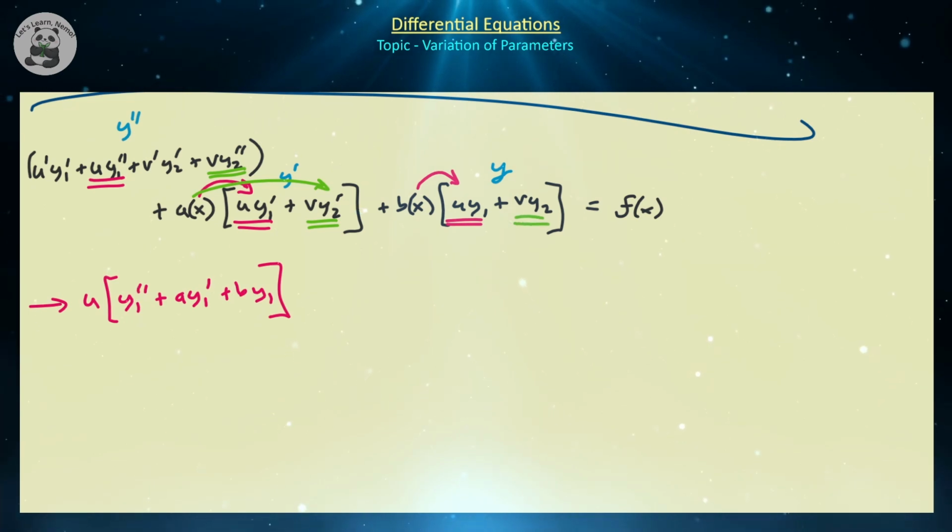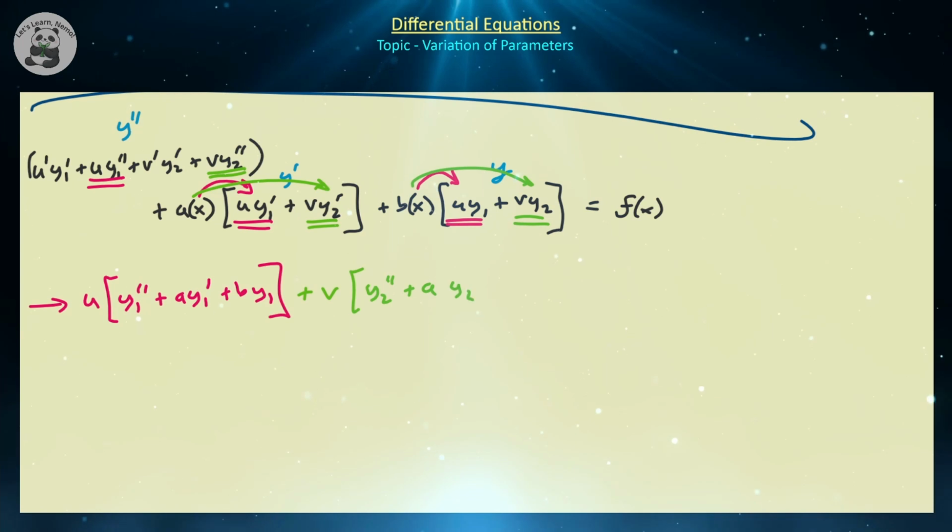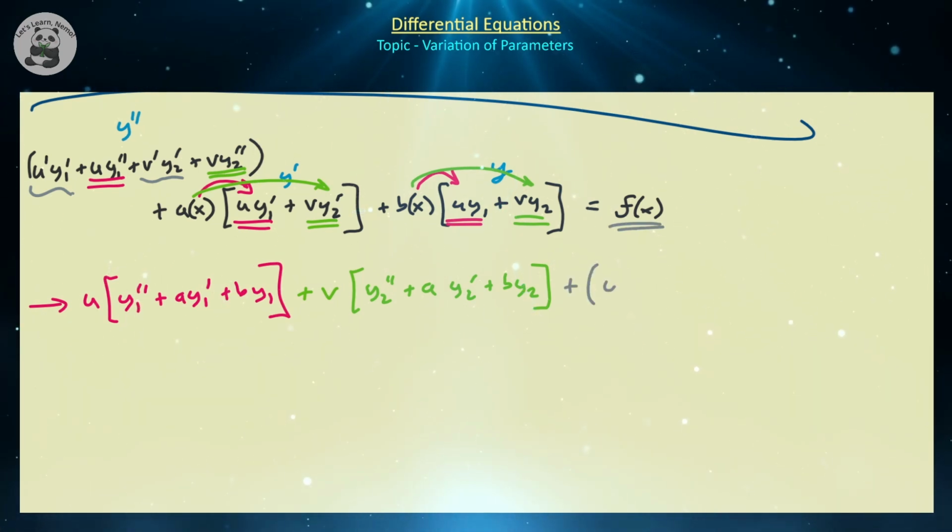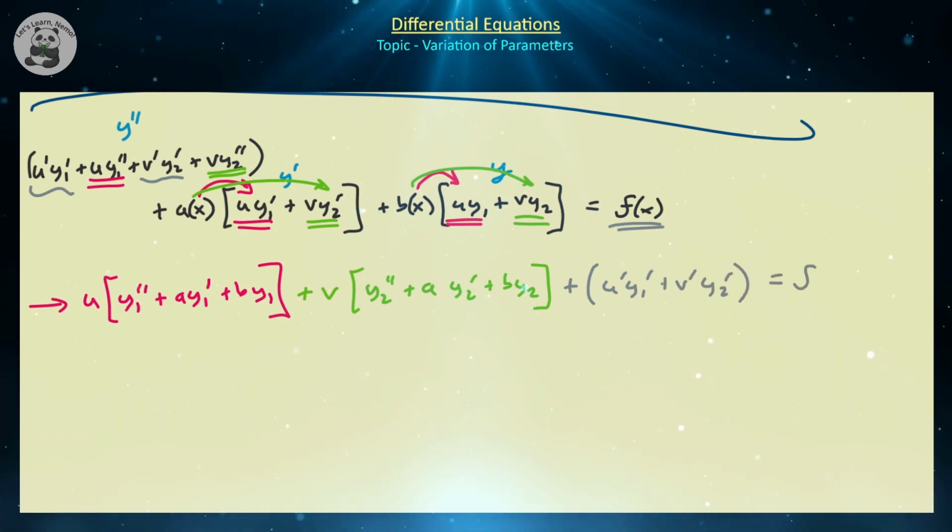And then we're going to have our v y2 there, don't forget your b. So that's going to give us plus v y2 double prime plus a y2 prime plus b y2. And then we're going to be left with everything else. So we're going to be left with this u prime y1 prime, and where's the last thing? So v prime y2 prime, and everything else is accounted for. And don't forget your little f of x on the right hand side. So we're going to be left with plus u prime y1 prime plus v prime y2 prime, and that's all going to be equal to